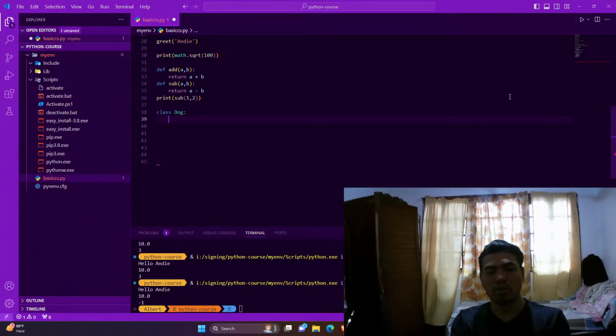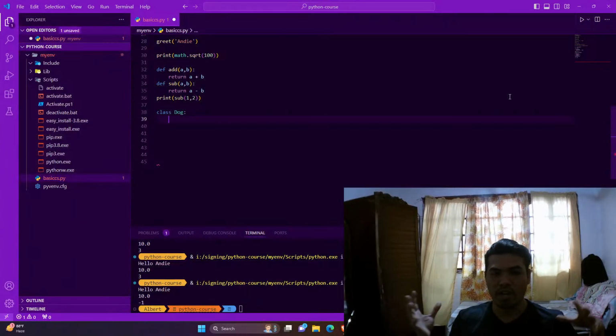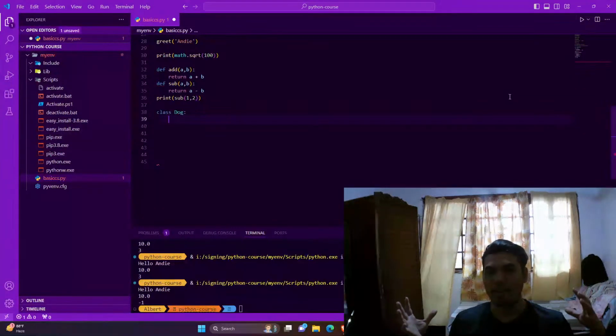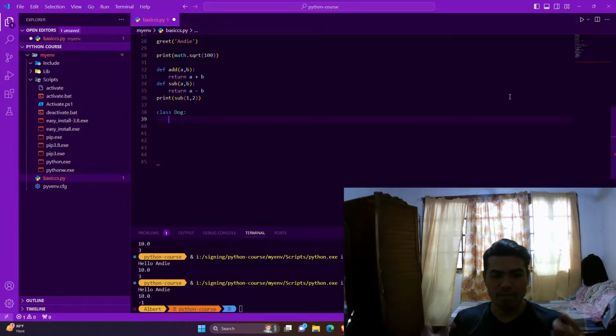So how to create variables? Well, it's not variables anymore because we're in the class. They're already attributes. So how to create an attribute? First and foremost, we're going to define our attribute first. So define